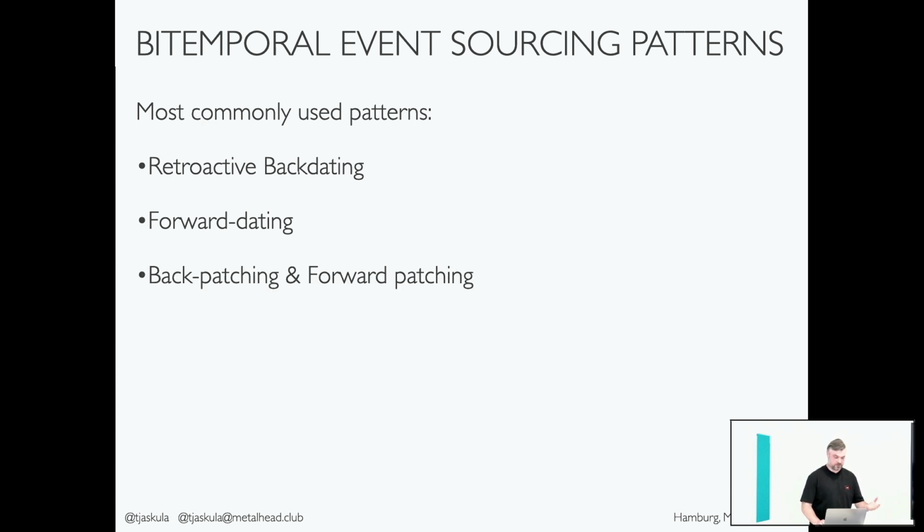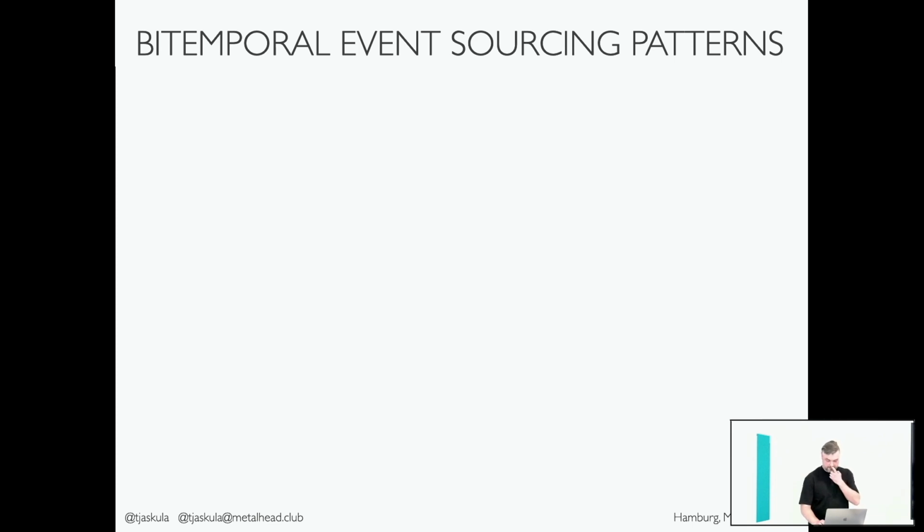So, for example, retroactive backdating or forward dating. So when a user is setting the date in the past or in the future, we can have patching or forward patching, saying we change dates because some mistakes were made, or cancellation, which has a special meaning in a domain, or scheduling. I won't go into details, but you can contact me on Twitter, and I can share some of the information with you.